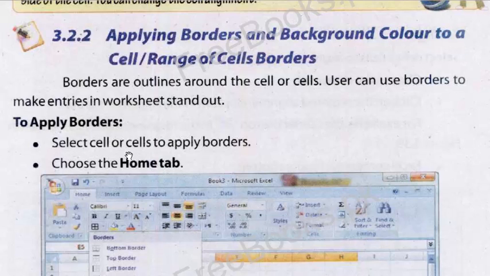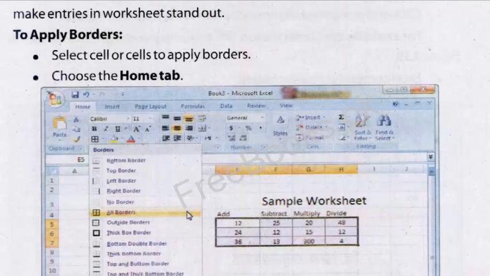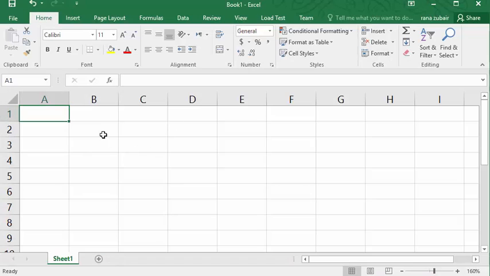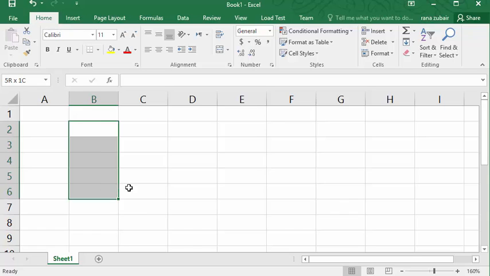To apply borders, select the cell or cells to apply borders to. Choose the Home tab. Let's say B2 to D6. This is the range B2 to D6. I want to apply borders. Home tab, here it is,